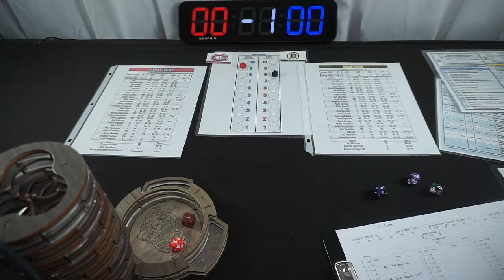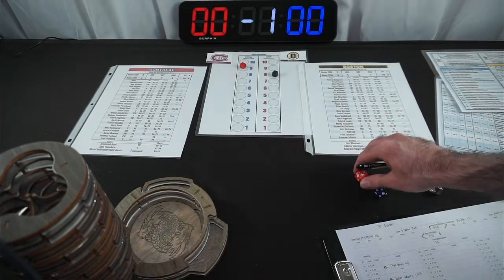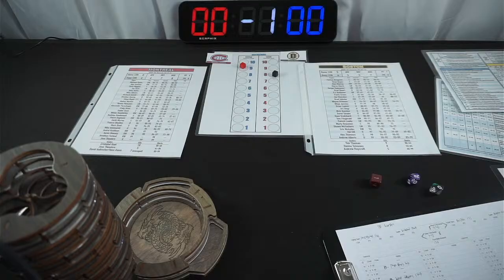1 minute off the clock. 11 gives us an attack sequence. So roll both D20s. The control die and the defense die. Say what now? Hold on. Red die determines which...